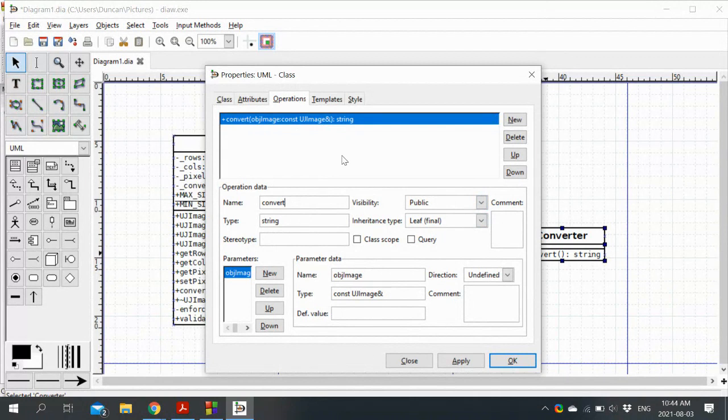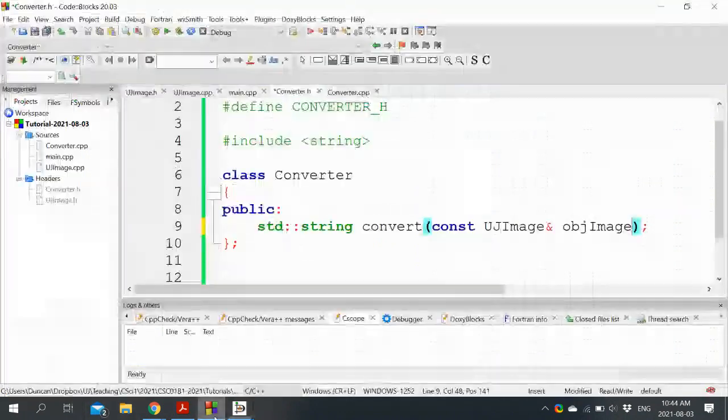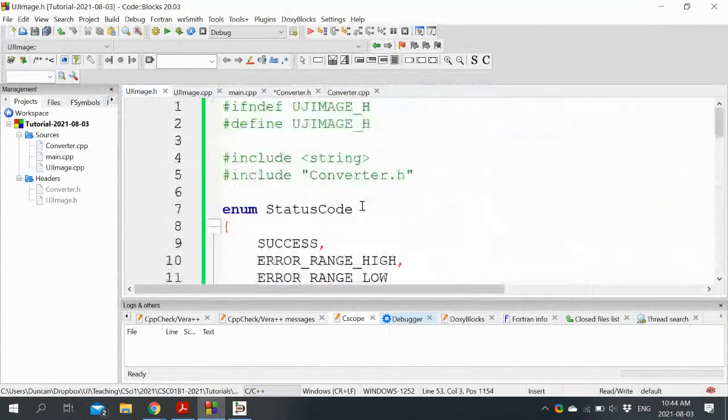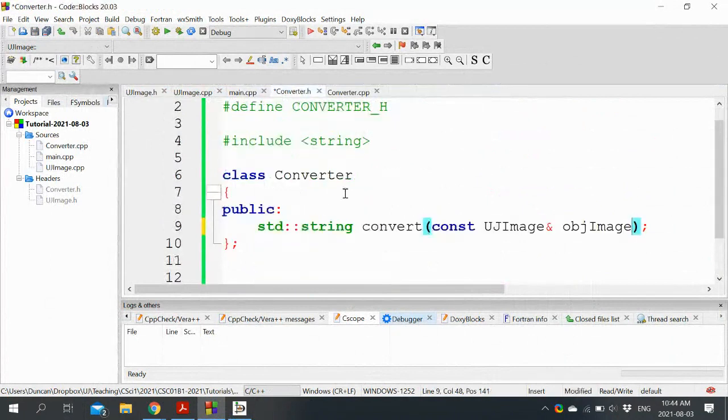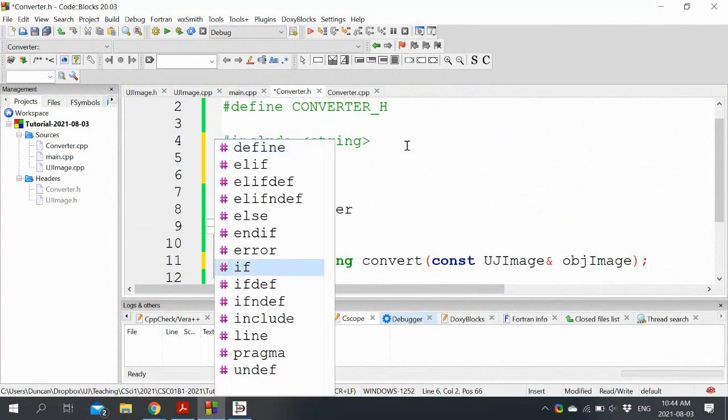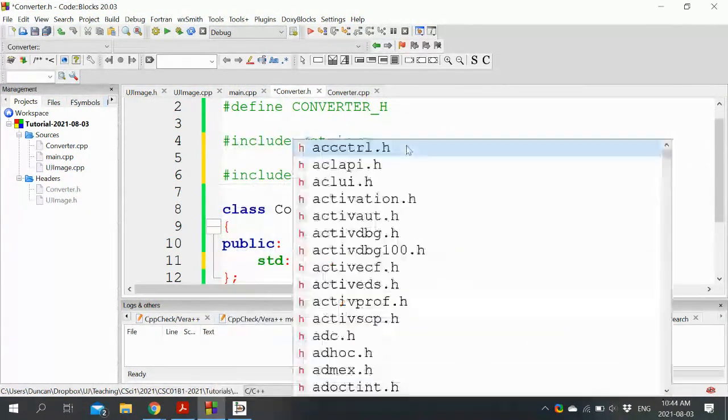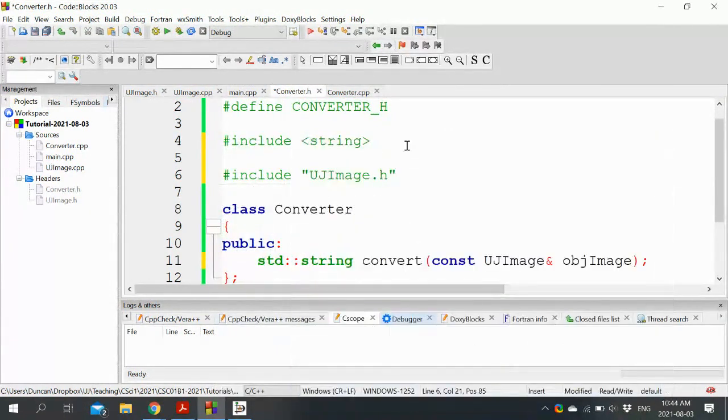It's going to need to have that as a parameter, but it's going to cause a little bit of a cycle here because the UJ image needs to know about the converter, but now the converter also needs to know about the UJ image. So this can be fairly tricky to break, and this is why we artificially induce this problem. So let's trigger the issue.